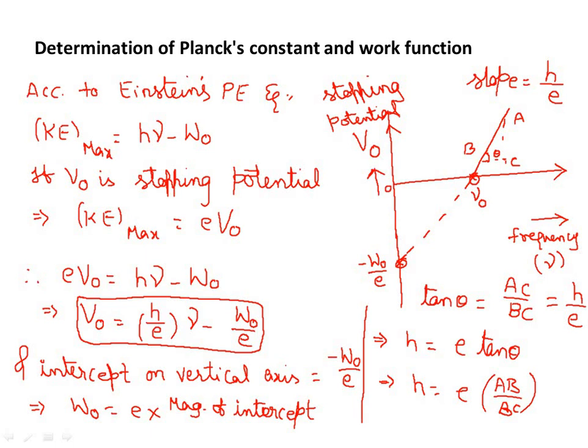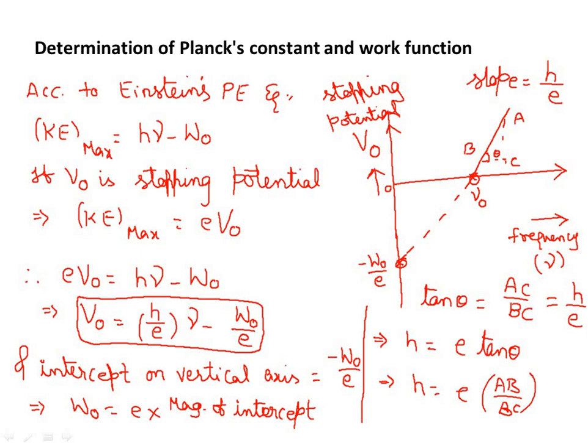According to Einstein's photoelectric equation, KE max equals h nu minus W naught, where h nu naught is nothing but W naught. If V naught is the stopping potential, when the electrons have the maximum kinetic energy, the potential at that condition is the stopping potential only, since with maximum velocity they touch that plate. So can I replace the maximum kinetic energy with eV naught? That's what I am going to do now.